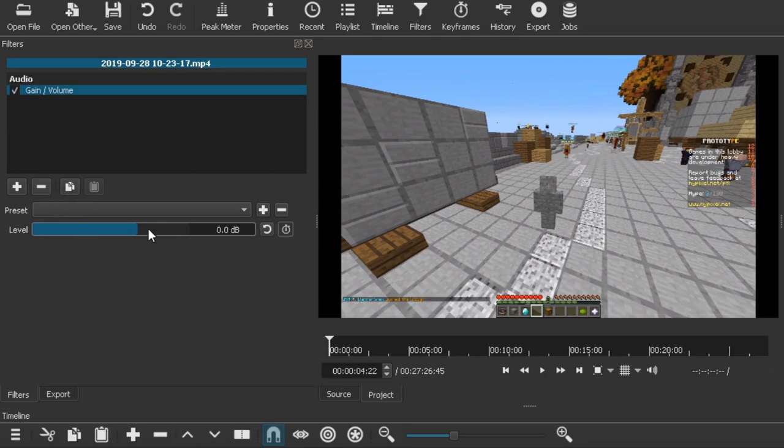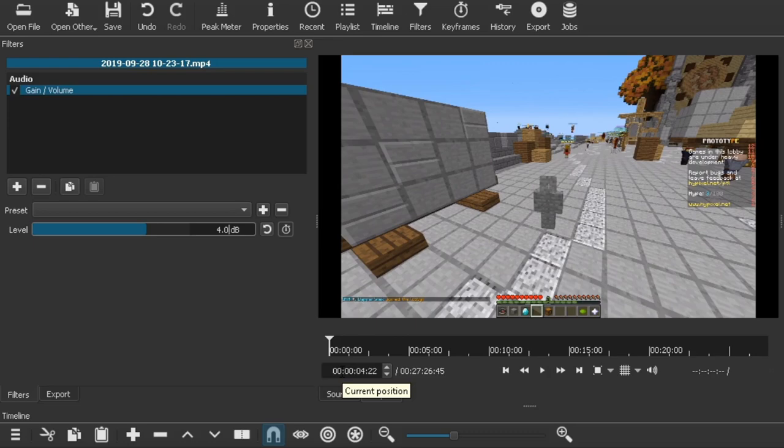And all you have to do is turn this up by dragging it up or down to however high you want it to be. But don't change it too much, otherwise the volume will be really, really loud, okay? Or you can just type it in here. So you could do -4.0, or you can do 4.0. The minus, just in case you don't know,